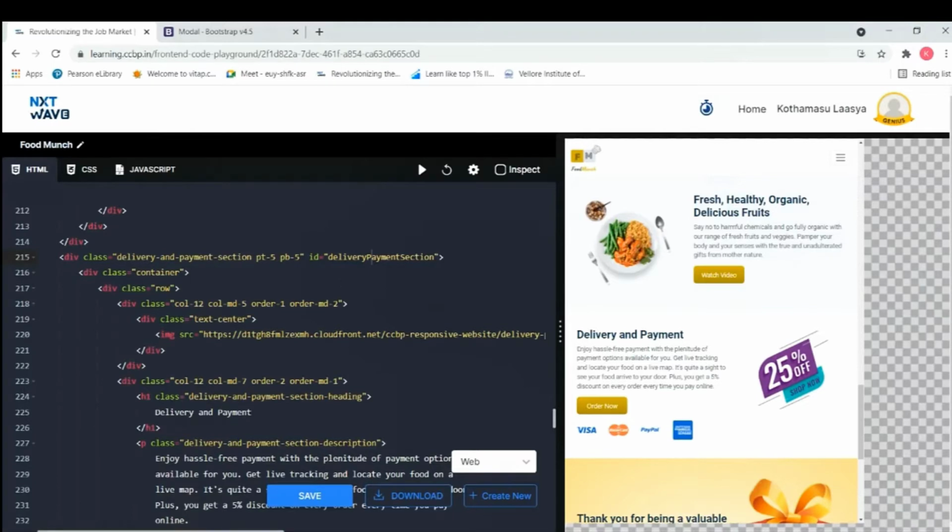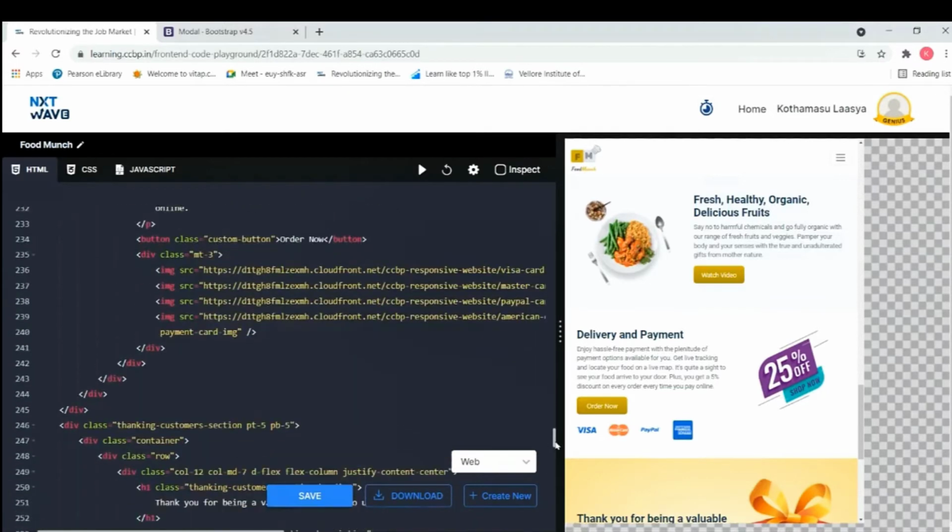We have this image appeared second, and for this whole div column I have given order-2 for extra small and small devices, and from medium devices its order will be 1. And initially the col-md-7, 7 columns will be allocated for this heading and paragraph, and the other 5 columns will be allocated for this image.